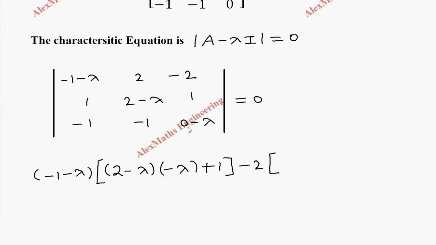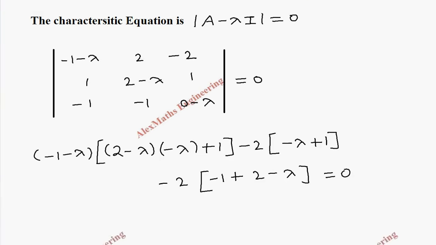Then we multiply these two, which is minus lambda. Then minus of product of these two will be minus 1, so we make this as plus 1. In the last element, minus 2 into product of this is minus 1. Then this is already minus, so we make this as plus, and it will become 2 minus lambda